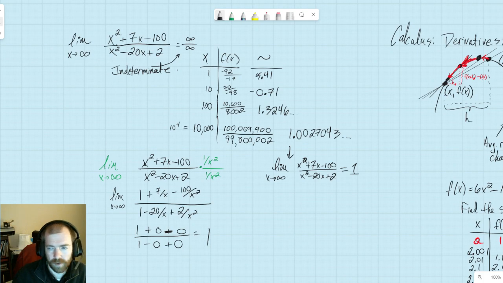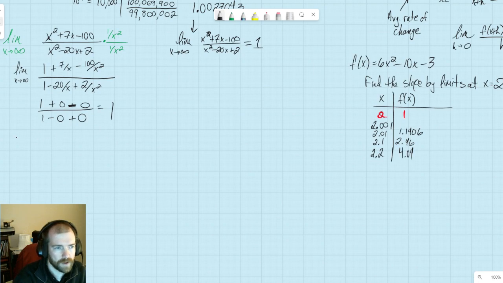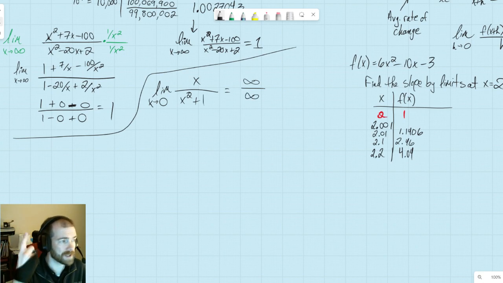If we stick with polynomials, this actually becomes a bit easier to work with. So alternatively, if we want to find the limit as x goes to infinity of x over x squared plus 1, in here, you do direct substitution. You end up with infinity over infinity. And so we say, oh, well, look at that. It must be the same as the previous one, right? So it's just the leading coefficients, 1 over 1. Cool. But that's not it.